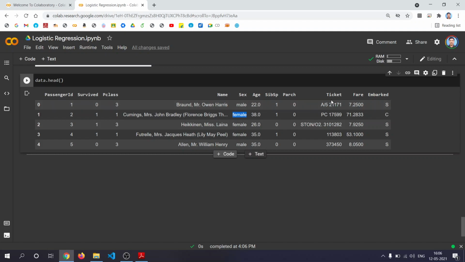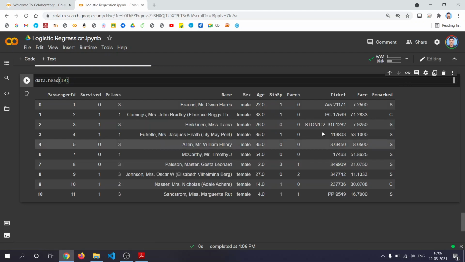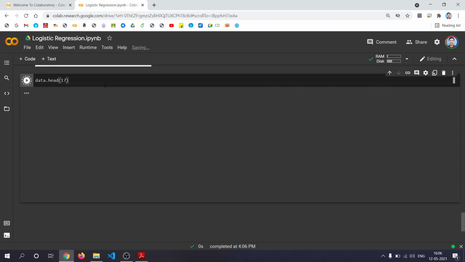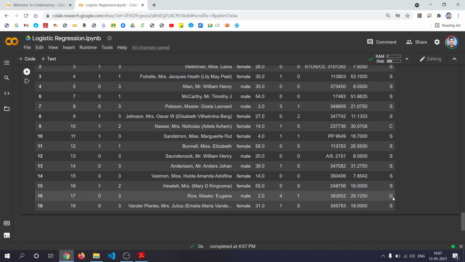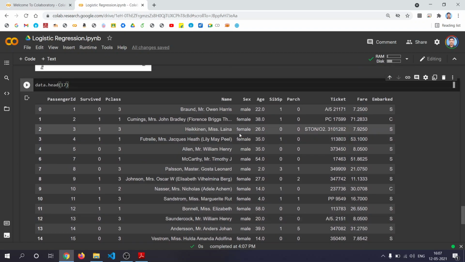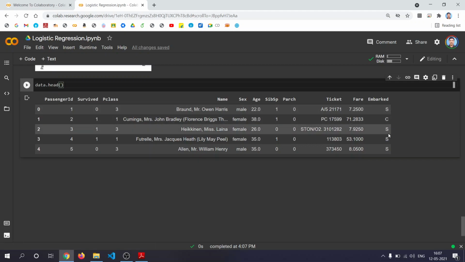So this also does not mean anything, so you can remove this column. Fare is already a number. Embarked is also S, C, and I think there is one more entry, S, C and Q. Yeah, there are three entries in the embarked column.